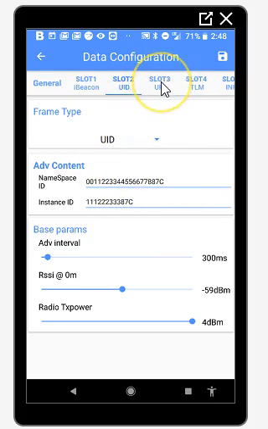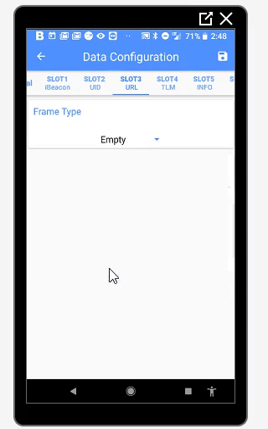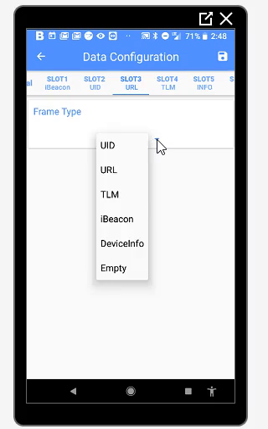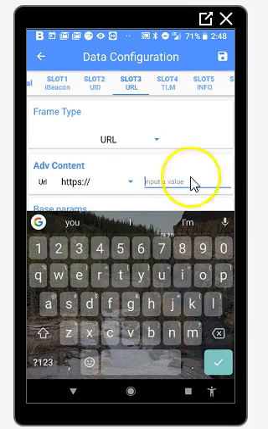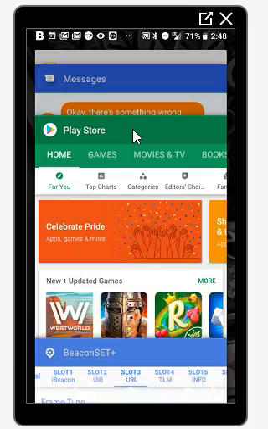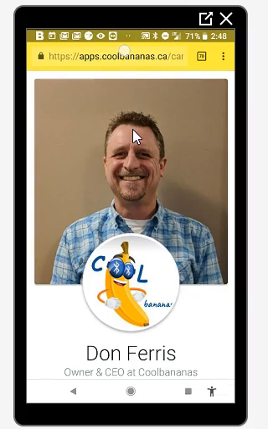and this slot 3. We click on slot 3, and this is where you add yours. Yours probably says empty. I'll just empty it so it's familiar with what you're looking at. And let's put a URL in there, and we'll just click on that. I already have a URL in here, but I'll just take it out just for the sake of this video, and we'll go and get a URL from my platform. So we'll just go to, let's get my business card, for example, and I will copy